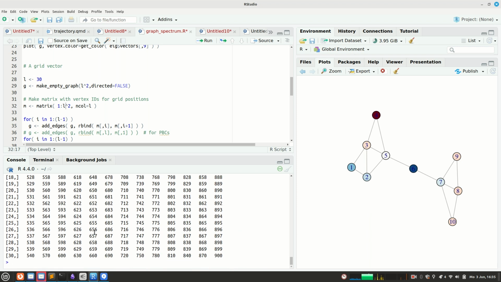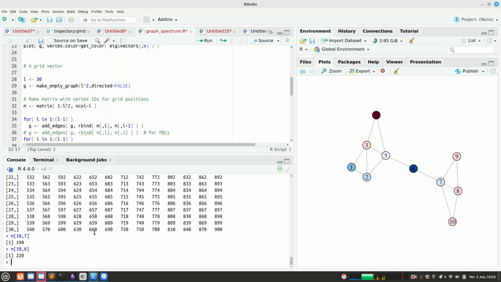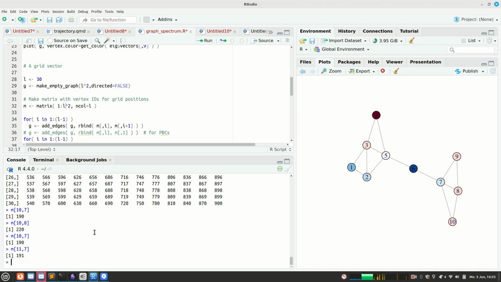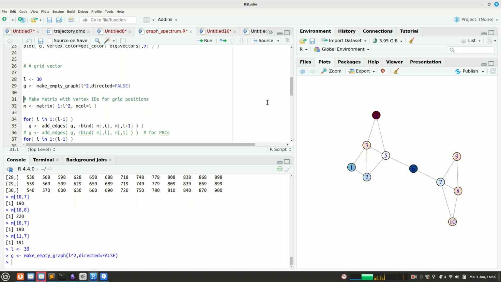And if I now ask, in my grid on grid position 10,7, what vertex is there? It tells me it's vertex 190. And if I go 1 down, it gets vertex 220. And if I go 1 to the right, it's vertex 191. So this is how this works. And now I want to make a graph. So I tell it, make me an empty graph with 900 vertices, so L squared. And then go from 1 to 29, so through all the columns except for the last one, and always connect